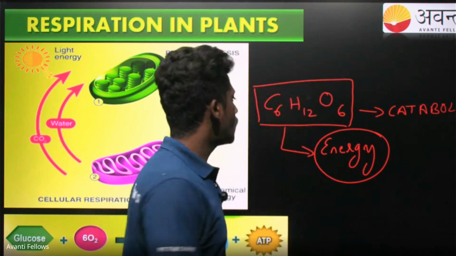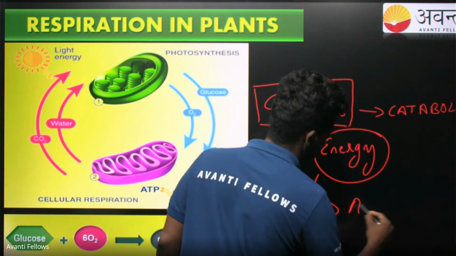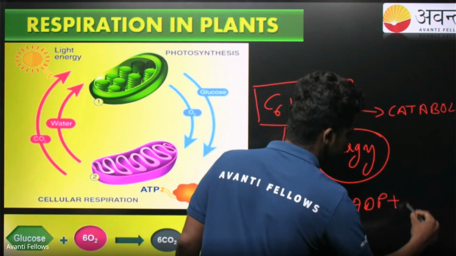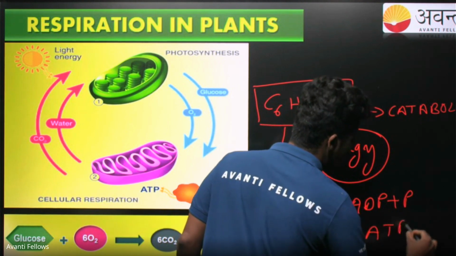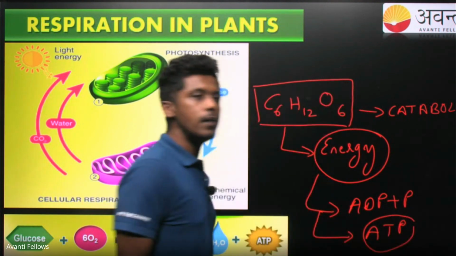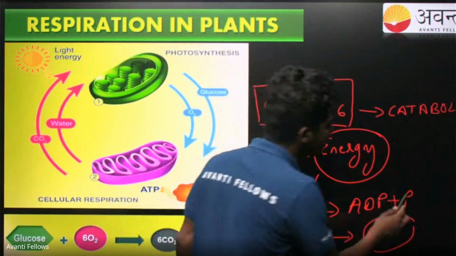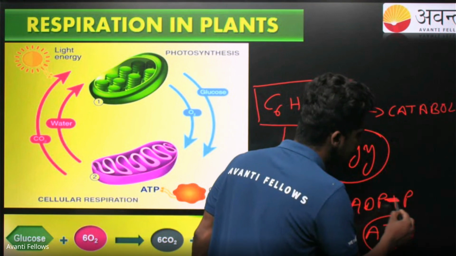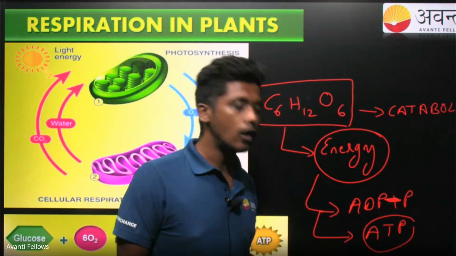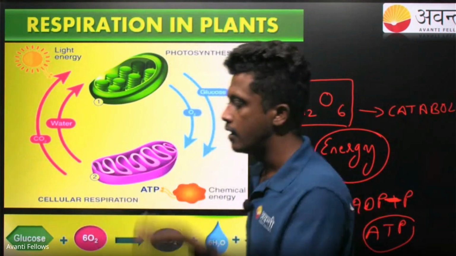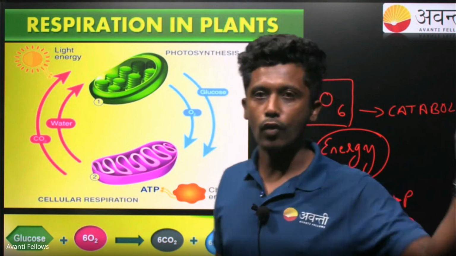Okay. So how do I convert this energy? I just convert ADP plus phosphate to make it into ATP. The basic currency of energy is the ATP molecule. Now, why do we store it in the form of ATP molecules? When I create bonds, the energy is stored in the form of bonds. And for any physiological process, my body knows to break these bonds, utilize this energy, and perform the following activities.